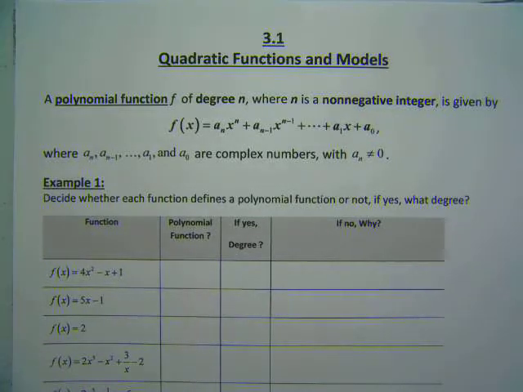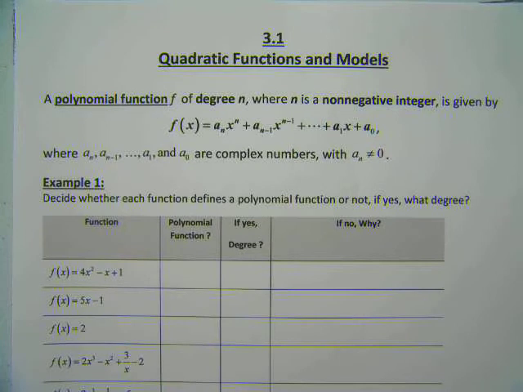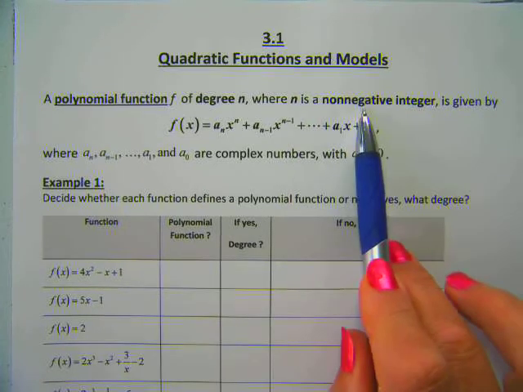Looking at section 3.1, quadratic functions and models. Before we start, since this whole chapter is going to be mostly about polynomials, let us see the definition of a polynomial. What is a polynomial function? A polynomial function of degree n, where n is a non-negative integer, so that's an important thing, to be non-negative and